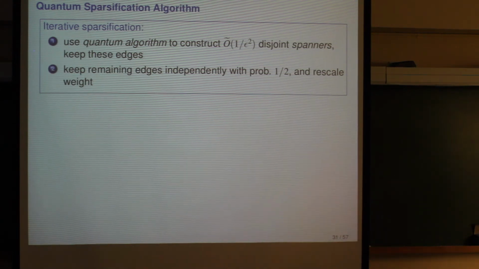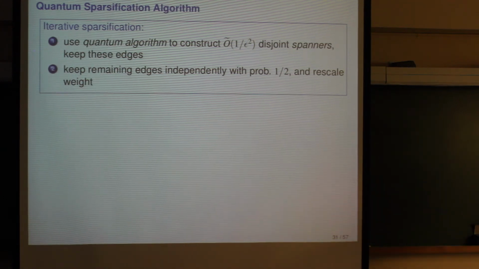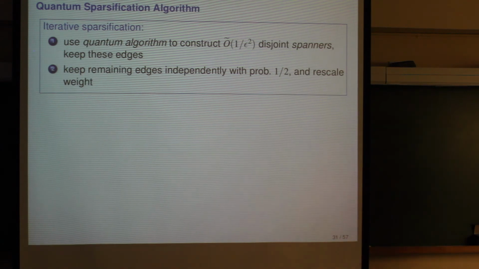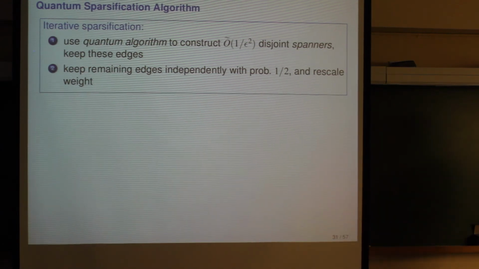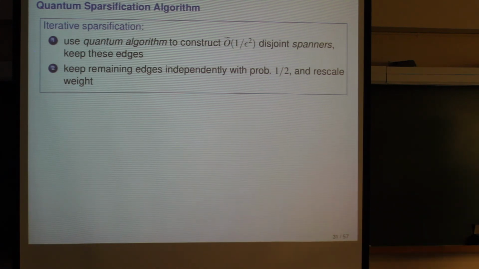Okay, so like I said before, we're not done there, right? Because we just have half the number of edges, but we want to go to approximately n edges. So we have to take a logarithmic number of iterations of this. But the problem is, originally we're given adjacency list access to this graph, which we cannot fully describe, because we want to do things in time which is smaller than m. So we're assuming query access to this graph.